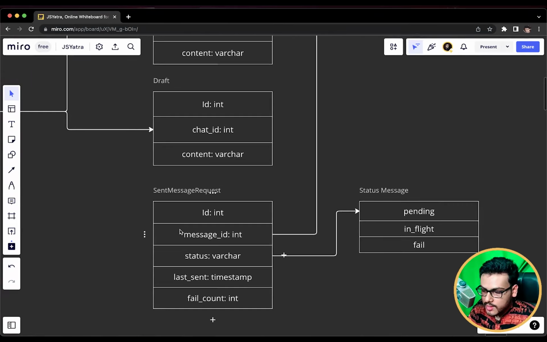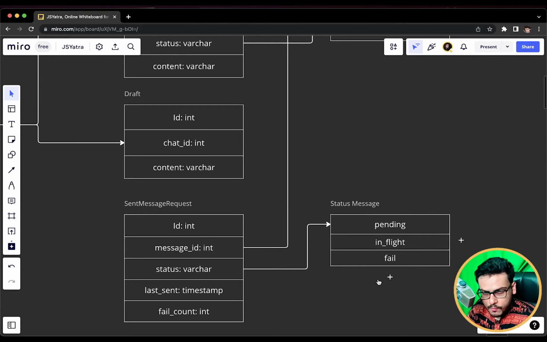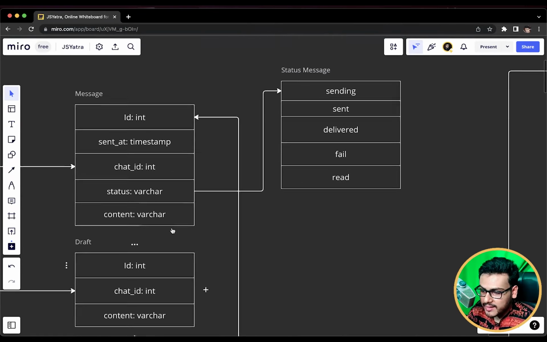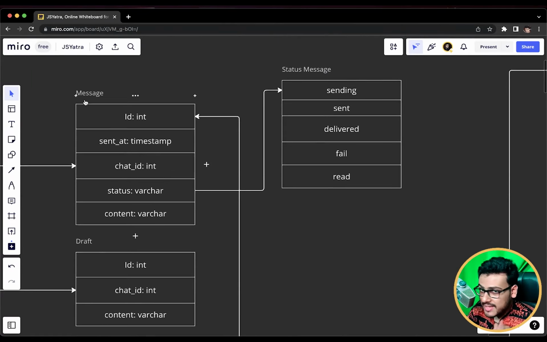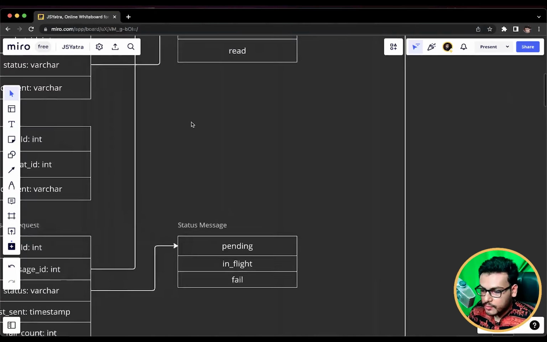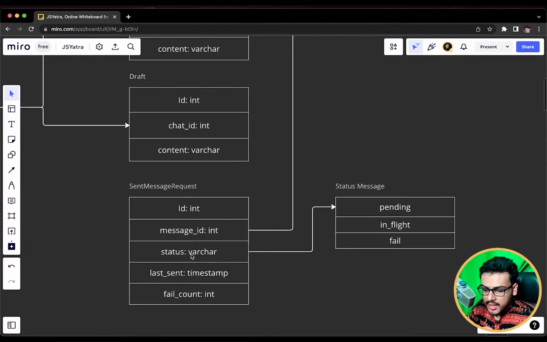What we have is this message request, and in this we can update the status as fail after the retries are done. So let's suppose a message failure comes, we can update this and increase the fail count, but we will not update the status in the message table. That is what I wanted to highlight here. Don't get confused that if the failure count comes, we do not update the fail status here also.